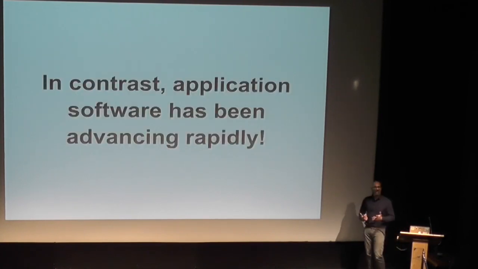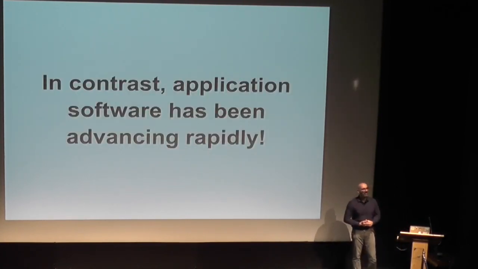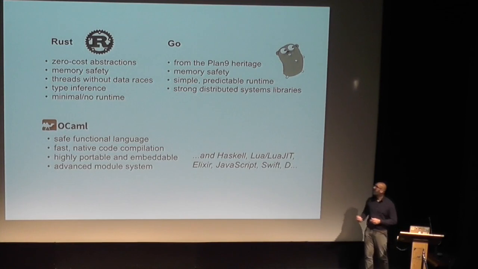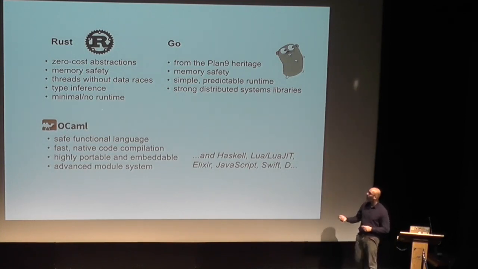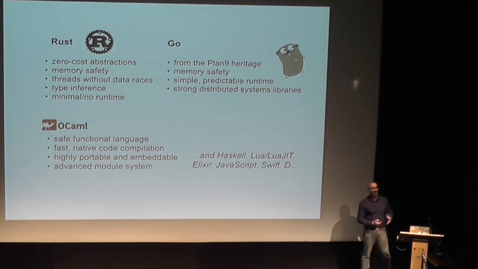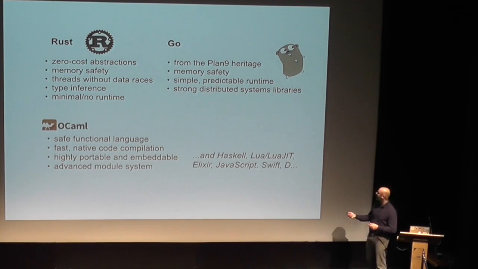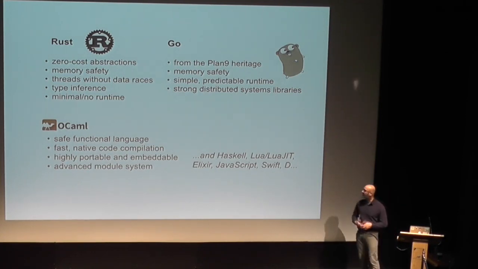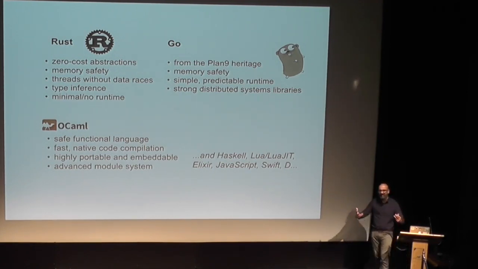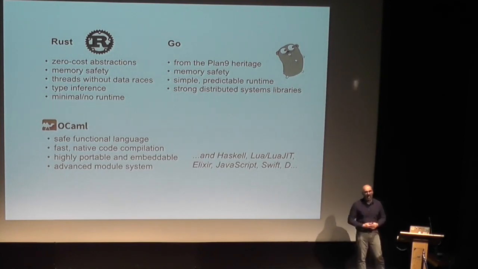In contrast, application software is quite good fun. We've seen vast numbers of new languages, new innovations, new IDEs and tools. It's taken over almost every part of modern society with the way that we work. We've seen new languages like Rust, Go, OCaml, which I'll talk quite a lot about, Haskell, Lua, Idris, if Edwin Brady's in the room. It's a wonderful language he was trying last night. Swift from Apple, D, which is a new programming language. And it feels like these languages are being constructed and released by megacorps and by researchers almost monthly. You can get a major new language.